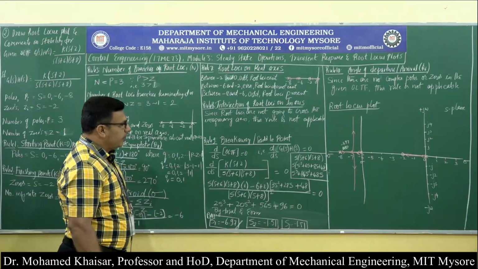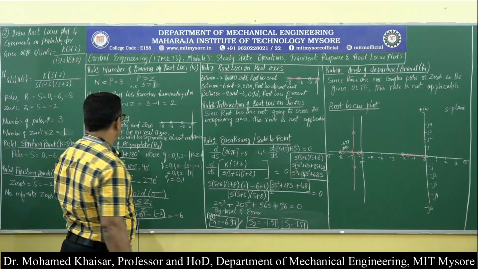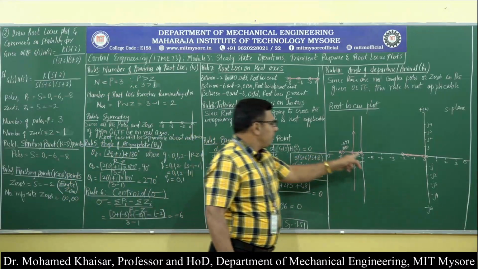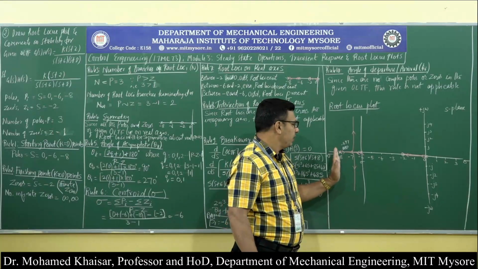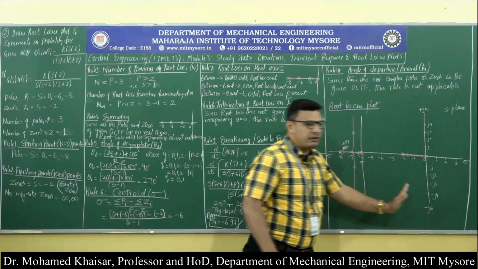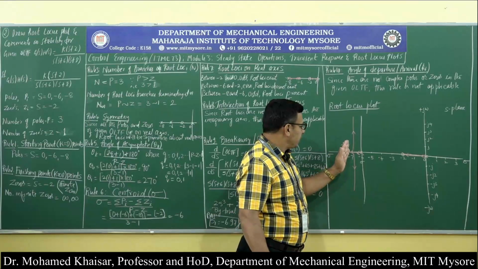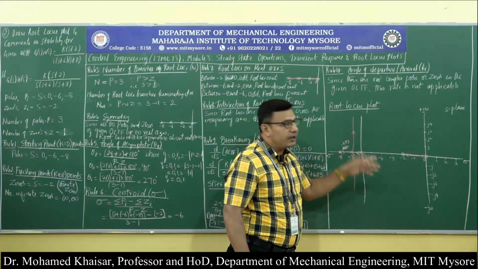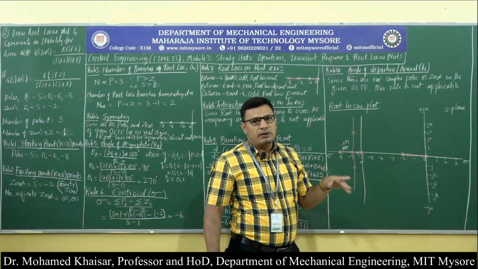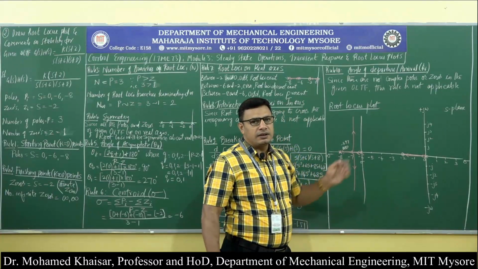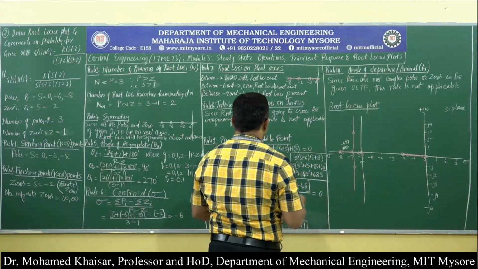And now, coming to the comment on the stability, this is what is about the root locus plot. Now, coming to commenting on the stability, as you can see here, as long as these branches of root loci are on the left hand side of the imaginary axis, it is going to be stable. And not just that, in the given problem, we find that the branches of root loci are never going to cross the imaginary axis, because of which they are never going to be unstable. So, that means for all values of k, the system is going to be stable in the given problem. This is what is going to be the comment.